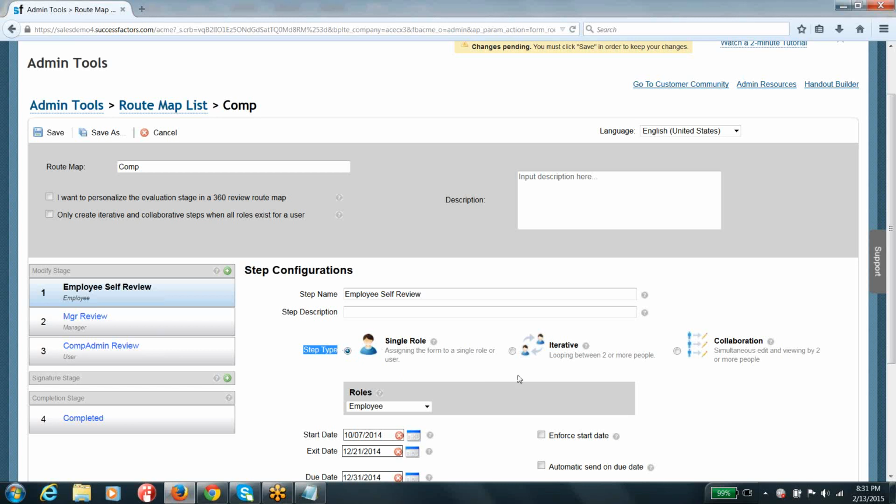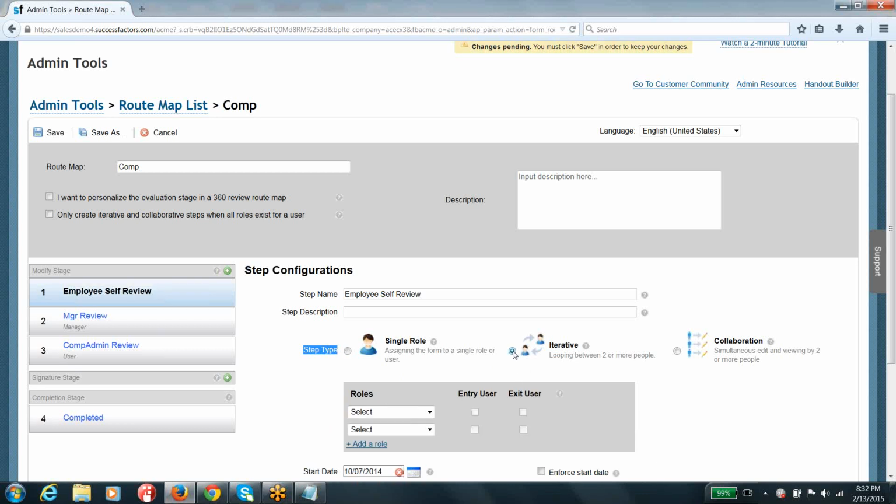Say if you are assigning a form with group goals, say there is a team and the team is going to work on all those goals. In that case, you can select either the iterative option or the collaboration option.